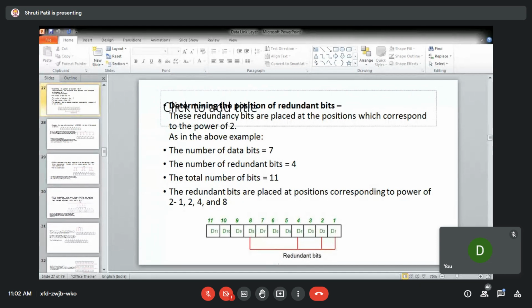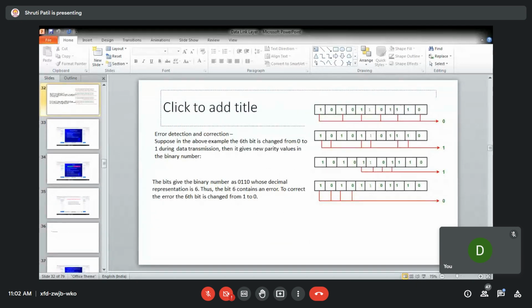Have you understood Hamming code? Hello, is there any problem with the PPTs? PPT is not changing.